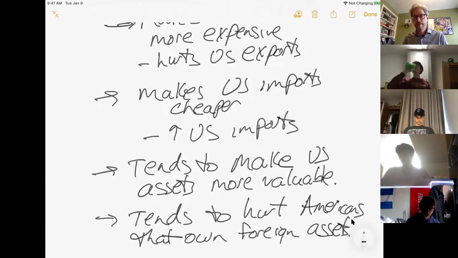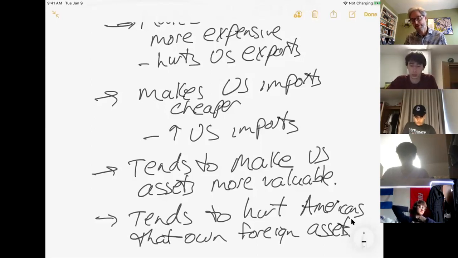So here's the point I'm trying to make. Is an appreciation of the dollar a good thing? Depends who you are. It's a good thing and a bad thing. It's neither. Have you ever seen anybody go to the grocery store and say, wow, the price of the apples is really strong? That's good for us. That's good for the country. No, you never hear anybody say that, because why would you think that it matters that the price of apples is strong? It's not strong. Prices go up or they go down.